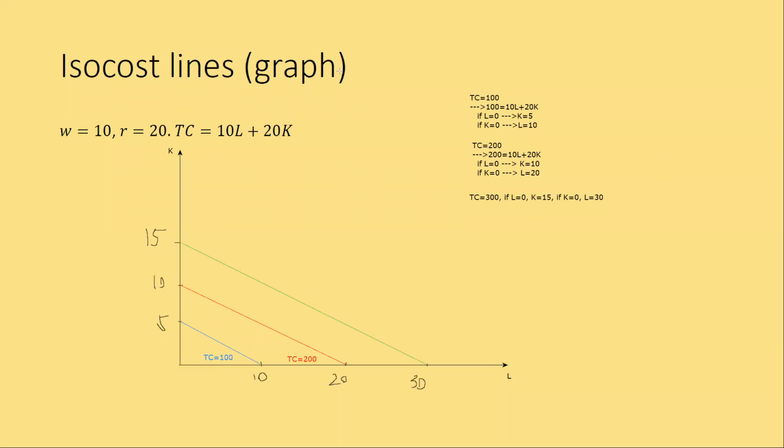That's probably something like this. So this is our third isocost line. And we can draw infinitely many of them as much as we like. All of them are going to be parallel to each other because they have the same slope. So for,